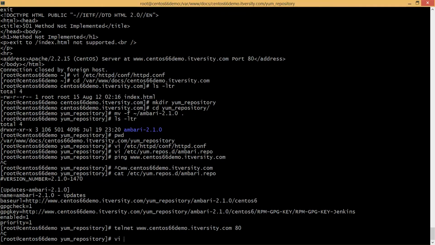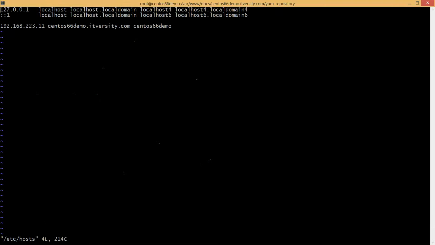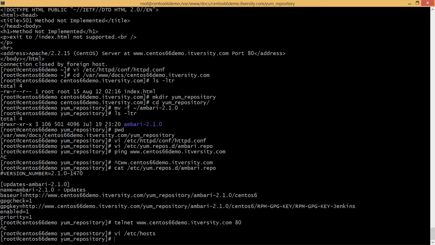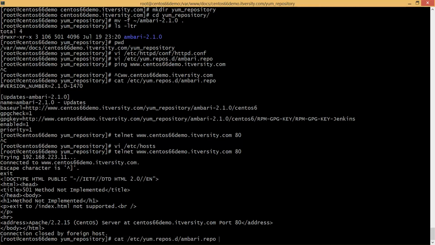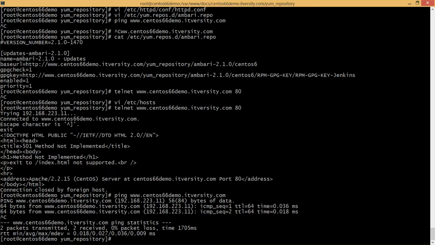Oh, I have to update the etc hosts file so that I can actually do that locally. Okay, now it will work. Yeah, so I'm able to telnet it, and I will be able to ping also. So first you need to validate from the client whether you can ping or telnet on port 80 using this URL which you are trying to use in the repo file. Okay, now you can run repo list again,